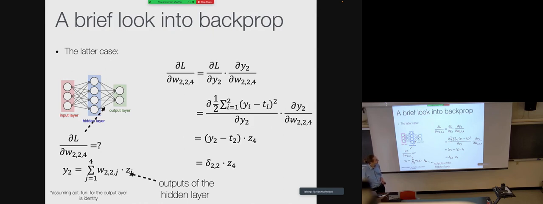And here, the gradient of y with respect to W224 is z4, because of this equation here. Because y is a linear combination of the w's and zj, and because we only want the gradient with respect to W224, we're only left with z4. That's why we have z4 here. And this is z4 times delta 2, this is what we're going to call this particular gradient. We're just going to label it delta 2.